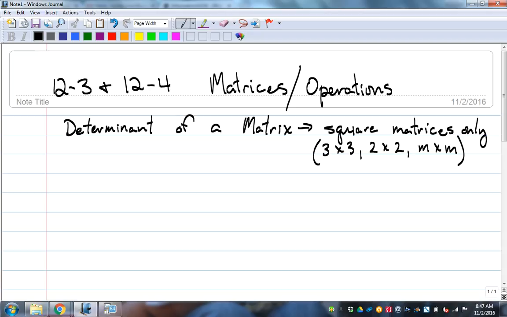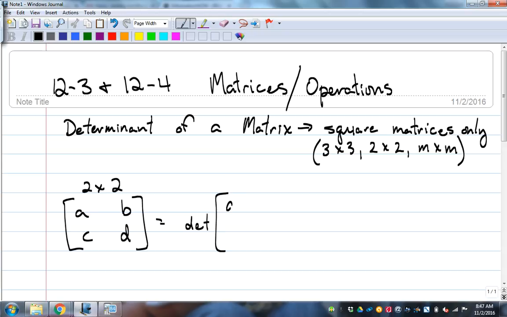Okay. There are ways to do this by hand, and the calculator obviously can help us do that. But there are times when doing it by hand is quicker than the calculator, honestly. And that time is with a 2 by 2 matrix. So a 2 by 2 matrix would be something like A, B, C, and D. 4 elements in there, 2 rows, 2 columns. It's going to have numbers in there. If I ask you to find the determinant